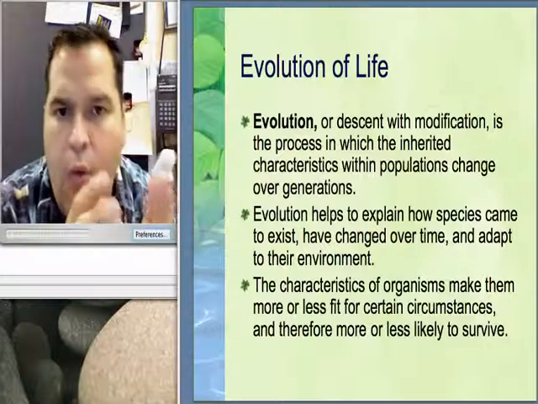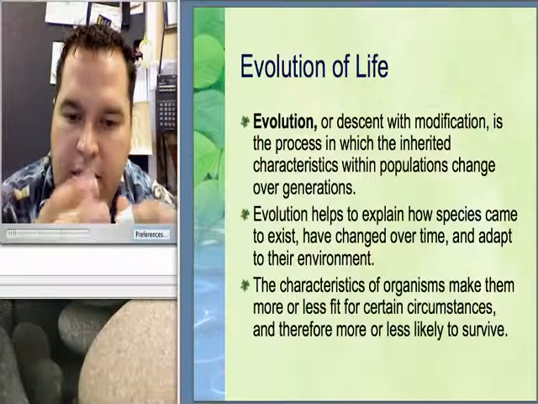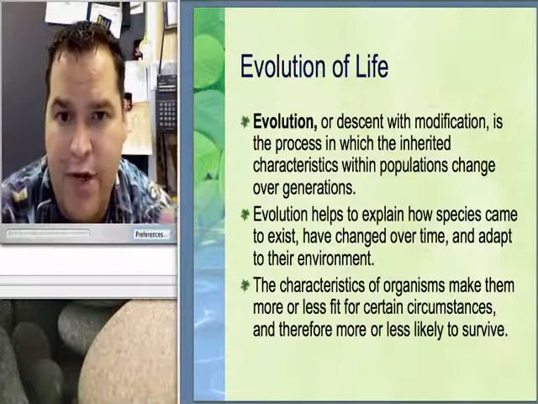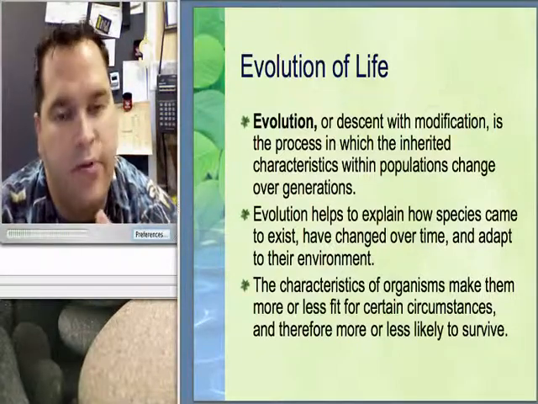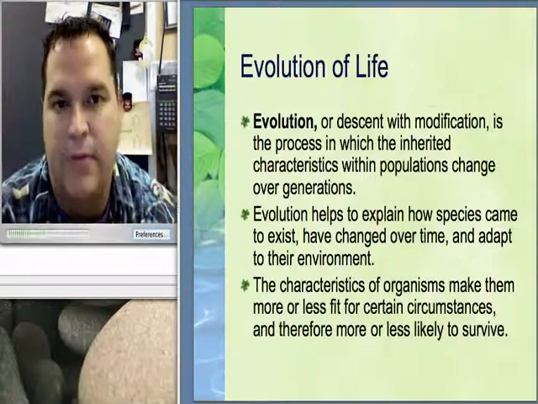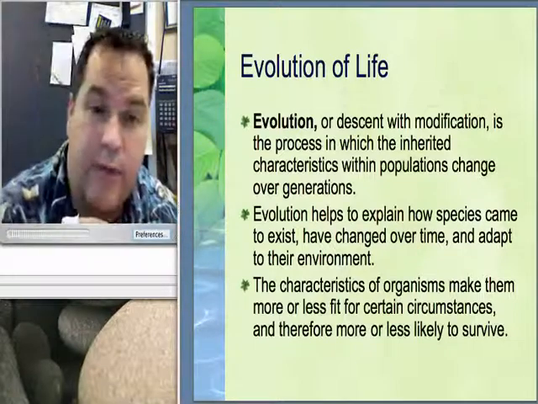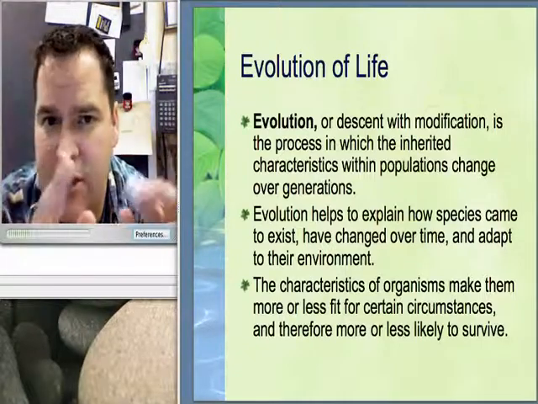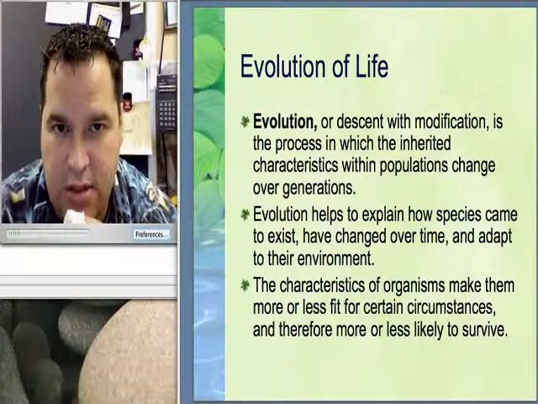So what happens here is that we start to develop a lighter color, and eventually snowshoe hares develop from jackrabbits because they ended up getting thicker white fur. White fur allows them to blend in with the environment. They evolved to be more suited for their environment, less likely to be picked off by predators, and more likely to stay warm because of the thick fur. So jackrabbits and snowshoe hares are two different species, but they actually have a lot in common because they've separated based on the conditions that caused them to do that.